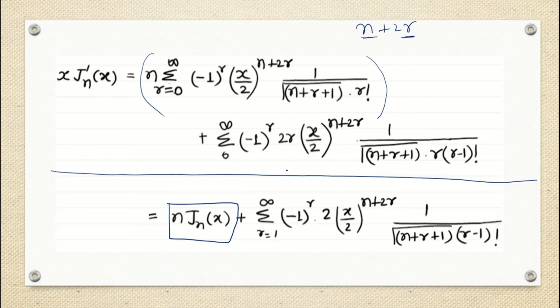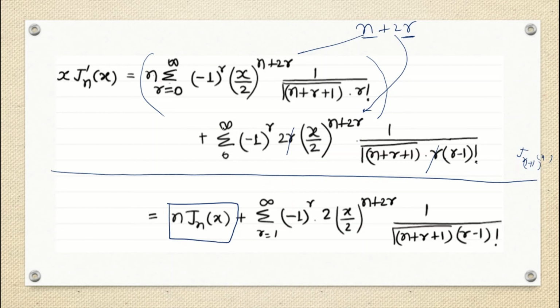So here what I have written down. Since in the second term my focus is to go to the Jn plus 1(x) solution, I have written down factorial r as r into r minus 1 factorial. Okay, so in the numerator, this is what n is here, and then 2r is here, right? So this 2r, I have cancelled out this r with this r, and then this 2 and this 2 is present here, and everything else is the same in this step.